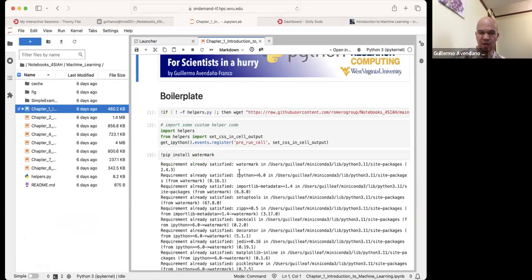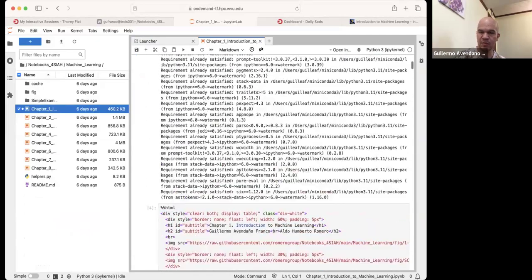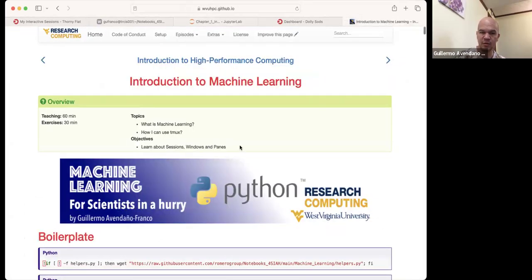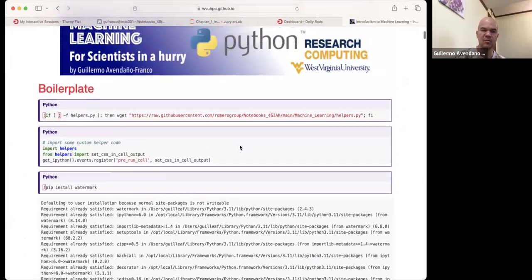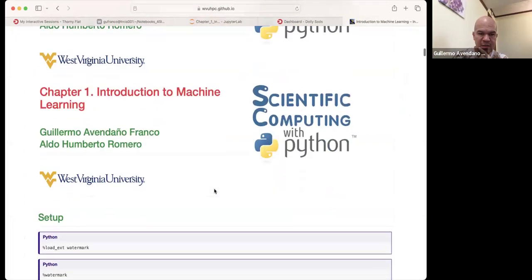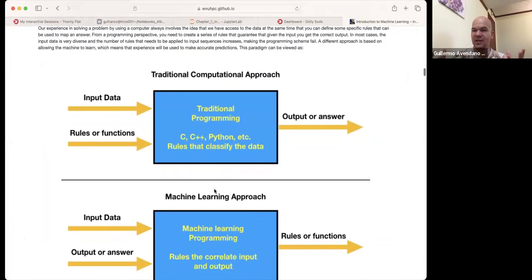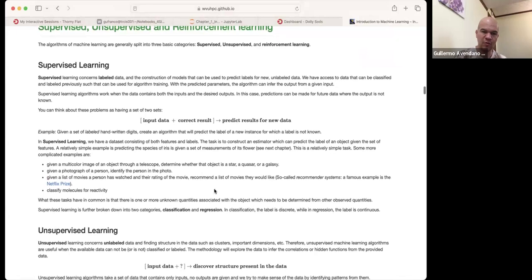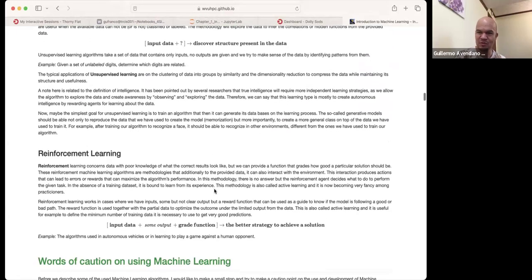So you see the content of this is pretty much reflected here. It's just a conversion. So here is the same material, but in a static form, just the web page. For the first part, it's not that bad because it's very conceptual. I will go in fast on